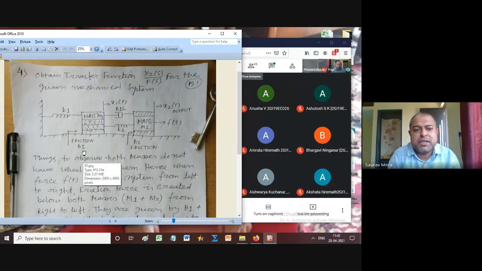B1 is the friction here. K1 is the spring constant connected to M1. Check that M1 and M2 both do not have wheels. That means there will be friction B1 and friction B2 in every case. What is B12? B12 is a dashpot, or damper, connected between mass M1 and mass M2. What is K2? K2 is a spring which is connected between mass M1 and mass M2. And K1 is connected between the ground, or a very solid wall, and the mass M1.